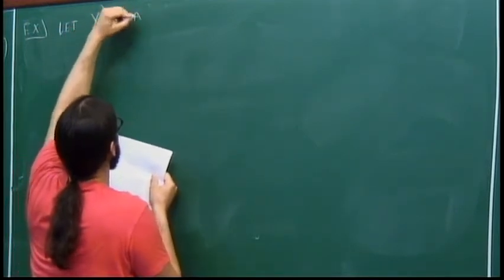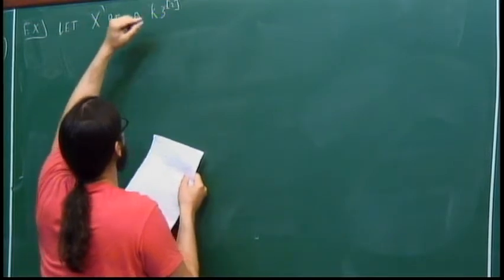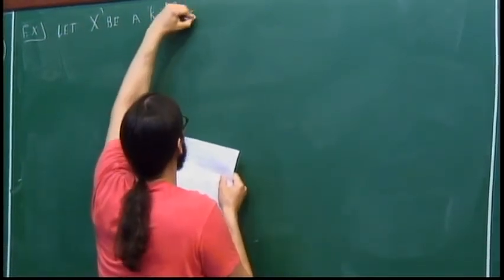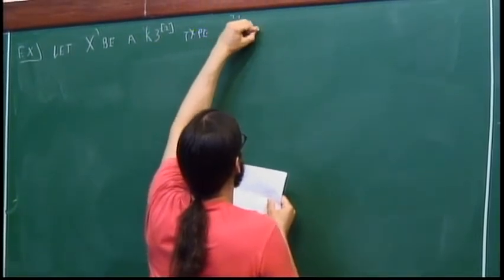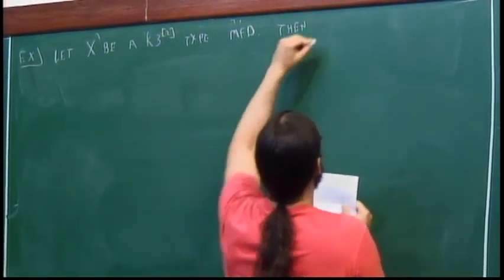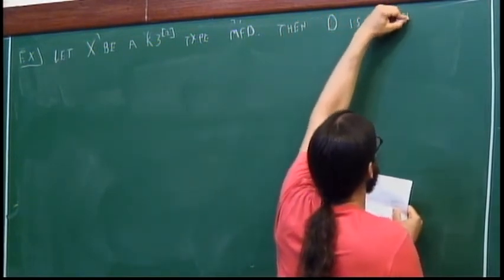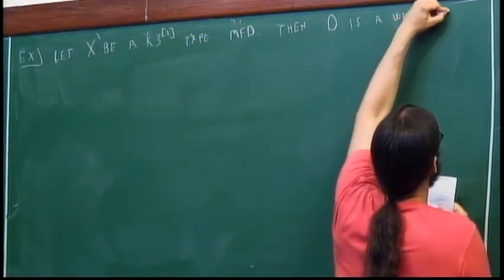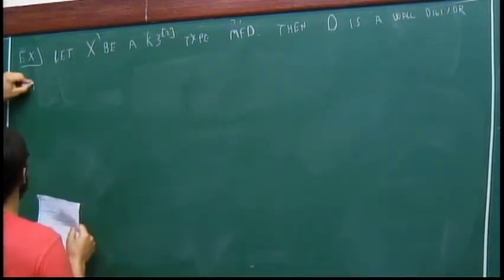So let X be a K3^[2] type manifold. Then D is a wall divisor on X